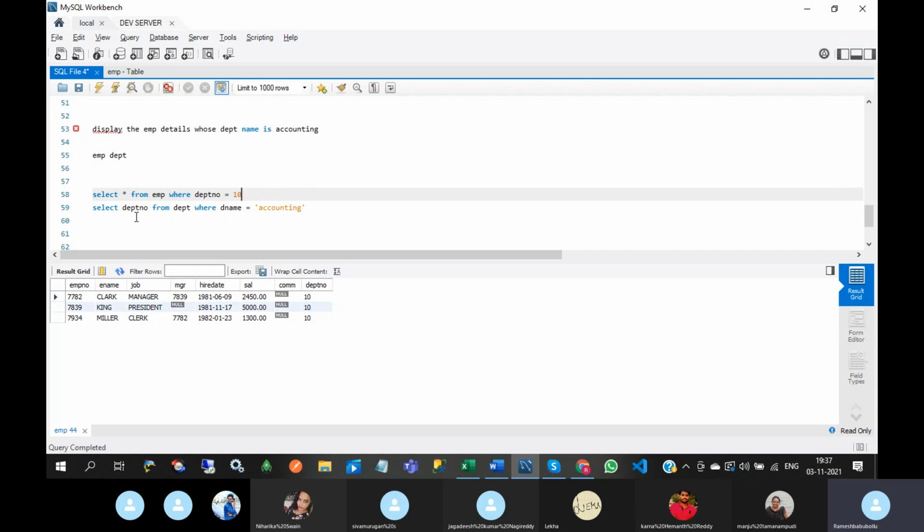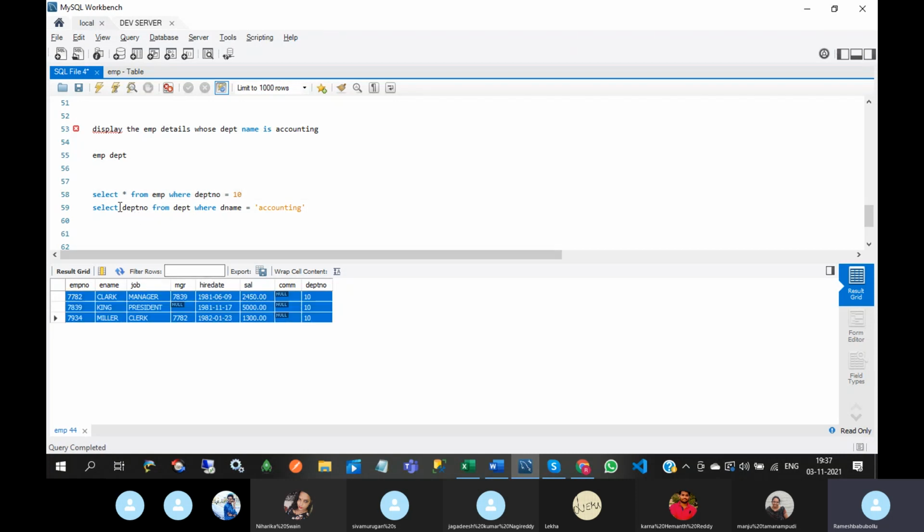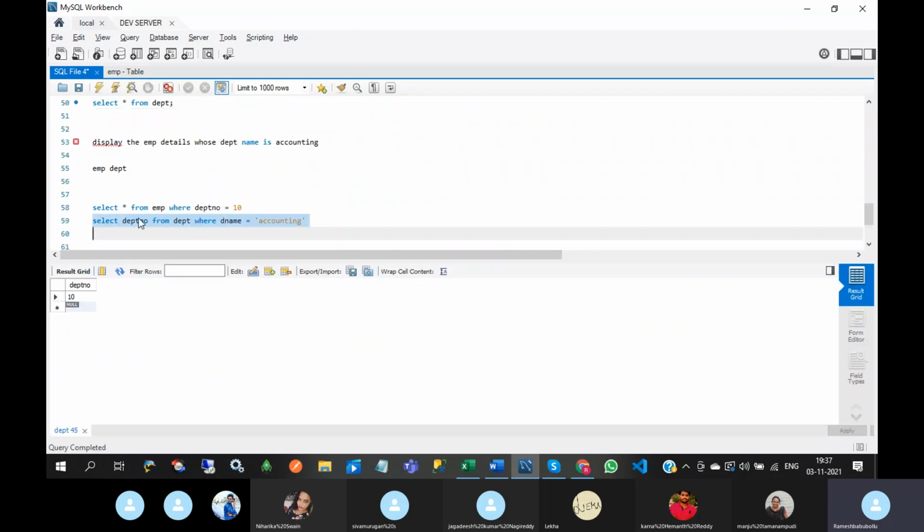But to achieve this functionality, we need to write two queries. This is not the correct way to write two queries. From the second data set, we will get the department number. If you pass this 10 to the first data set, then we will get the employee details.